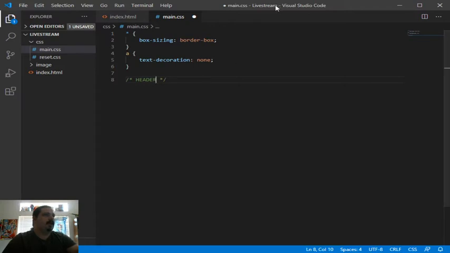So pretty much what I did, I made a little note right here to show what's what. That will be very great for organization. And then what we're going to do, we are going to do header